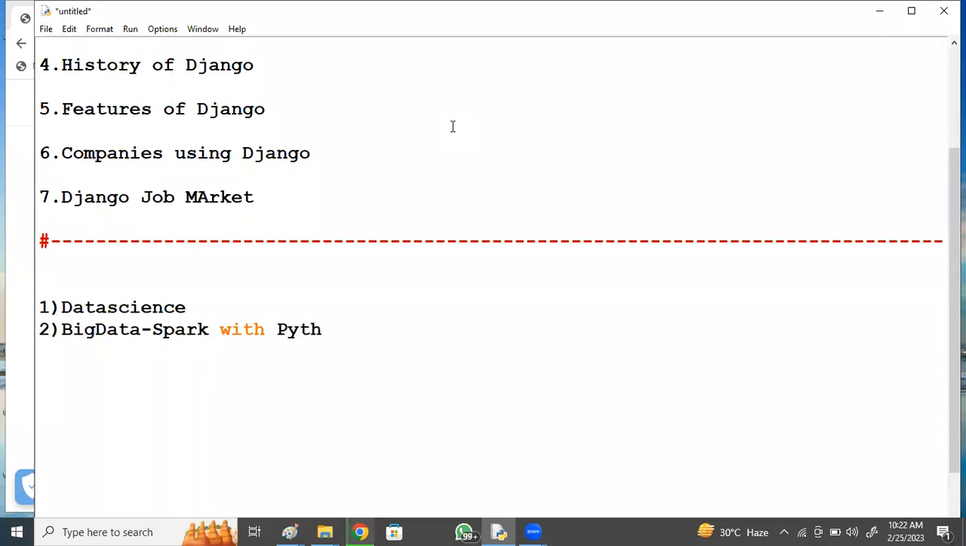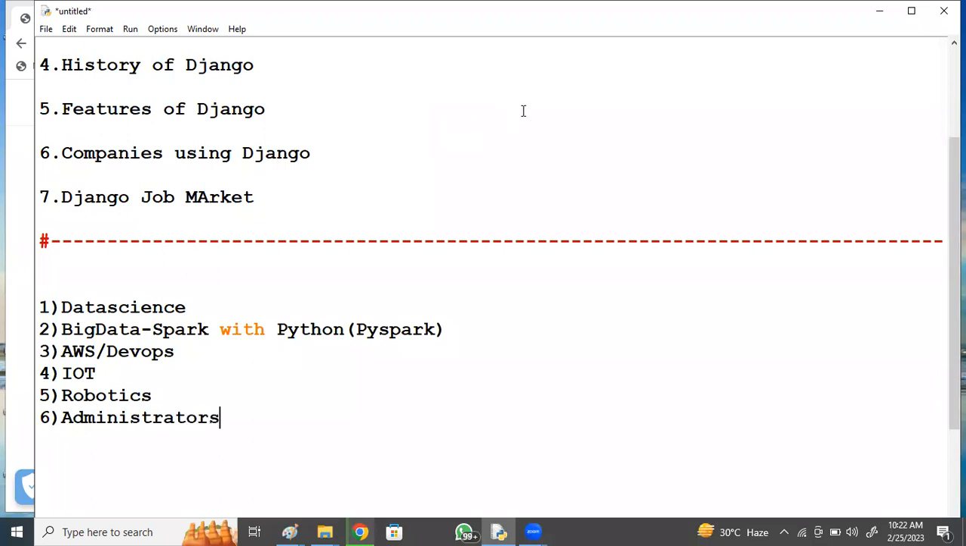Spark with Python, we say PySpark. And in writing automation scripts in AWS DevOps, we use Python. In writing automation scripts in IoT, in robotics, and administrators write Python scripts instead of complex shell scripts. So in this way, the first category of people, their career won't be in Python. They'll just update Python and use it in different high-end technologies like data science, big data, AWS, DevOps, IoT, robotics, administration. Second category of people wants to have a career as a Python developer,